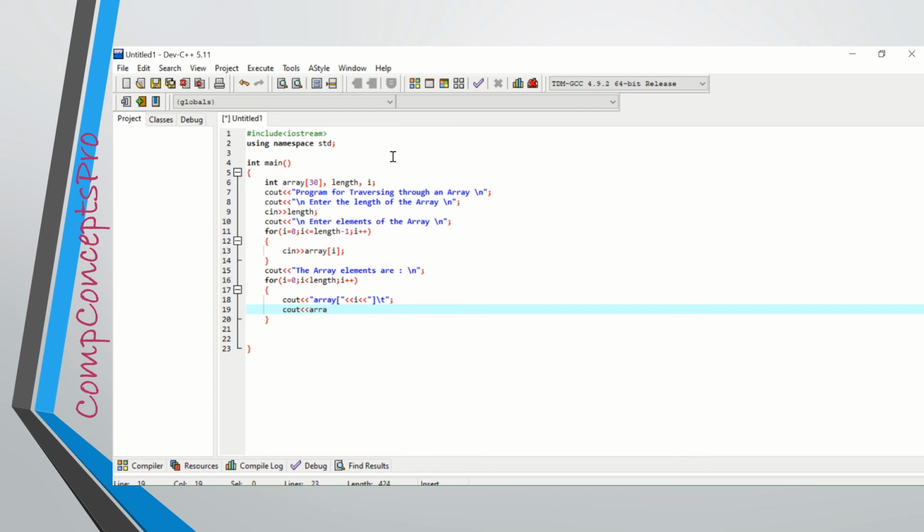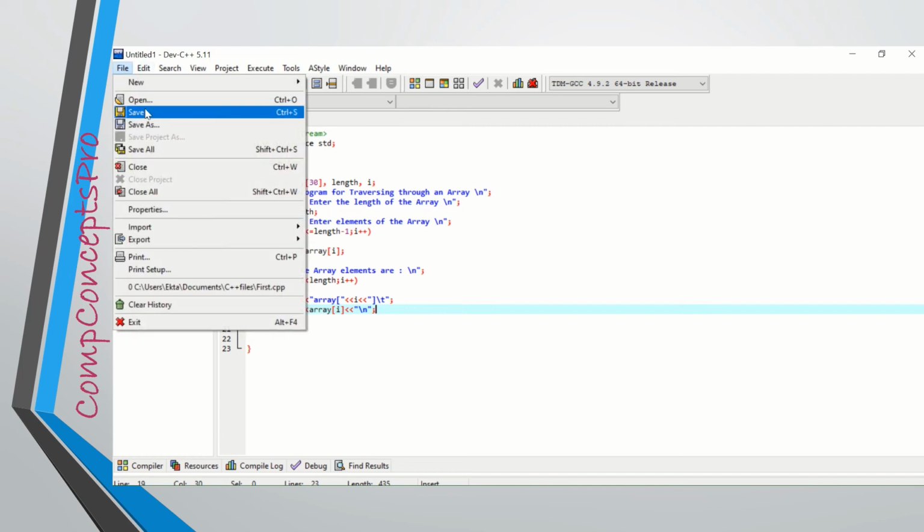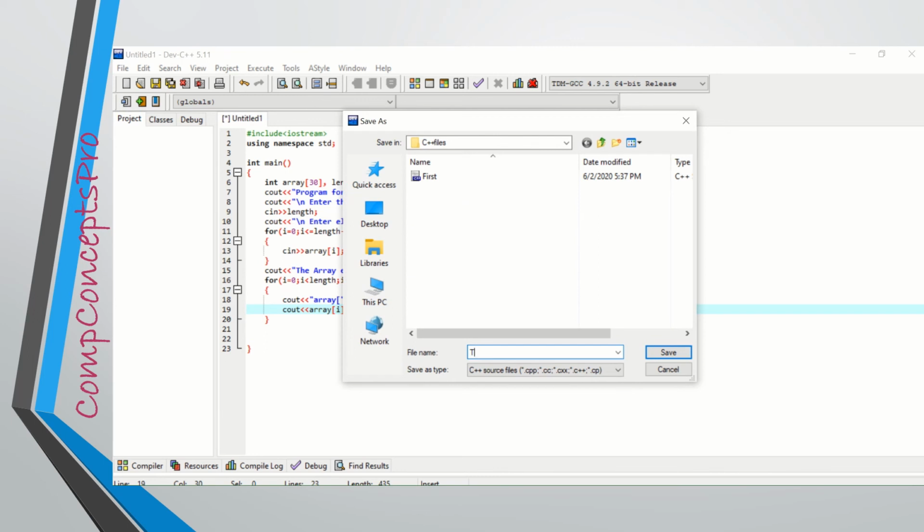Now here in this second cout statement, the actual value of the array will be displayed. I have used the \t so that there should be enough space between the array and value. Okay, now I'll save the file.